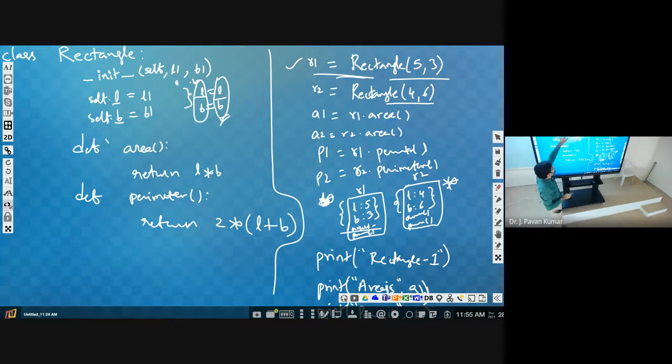And what is the use of the first parameter? The first parameter will indicate the object that we are creating. So into that object, we wanted to assign these values.